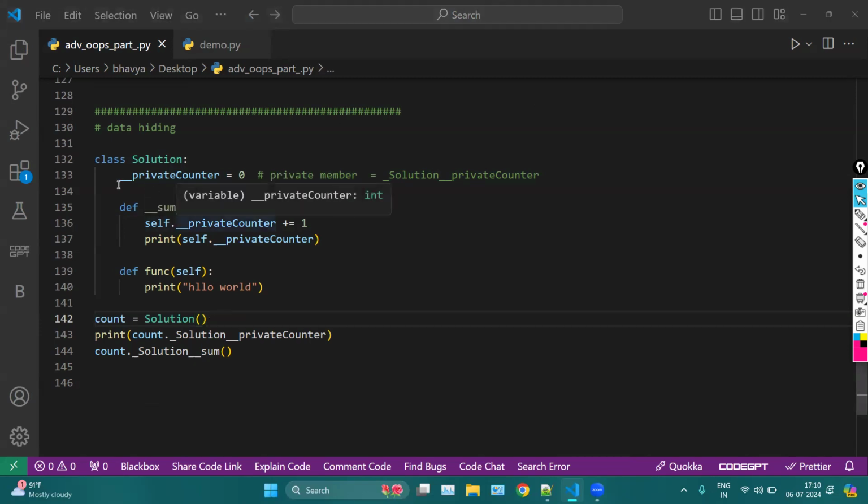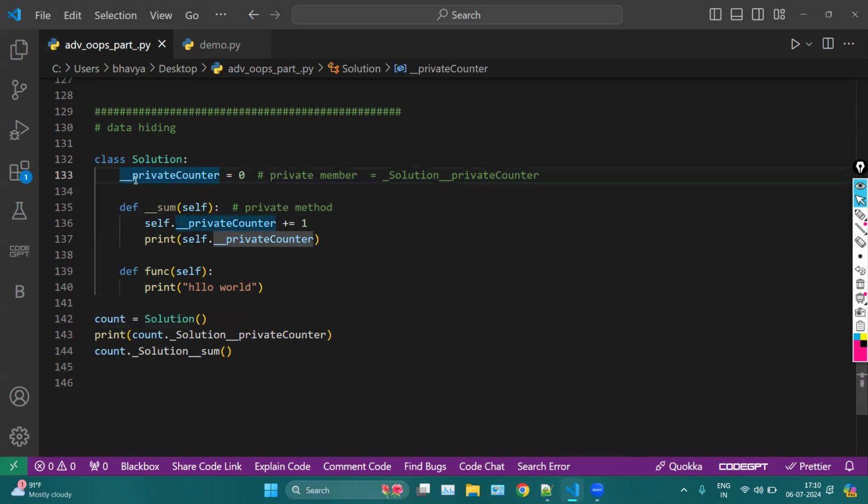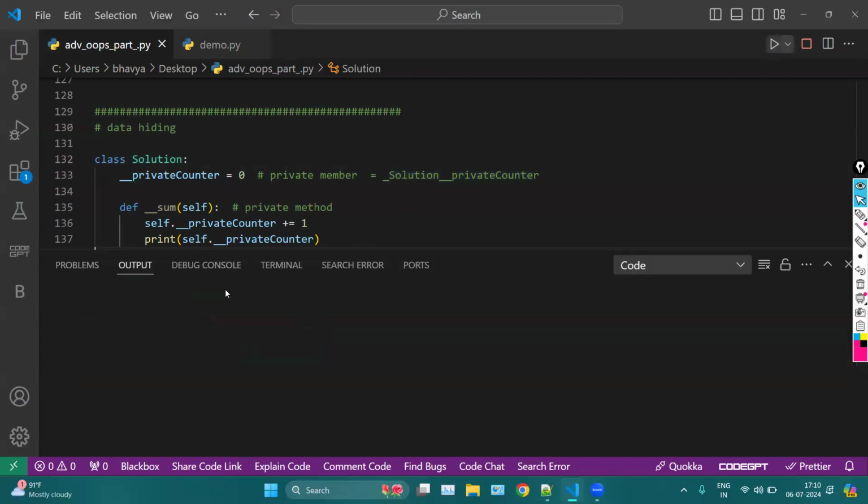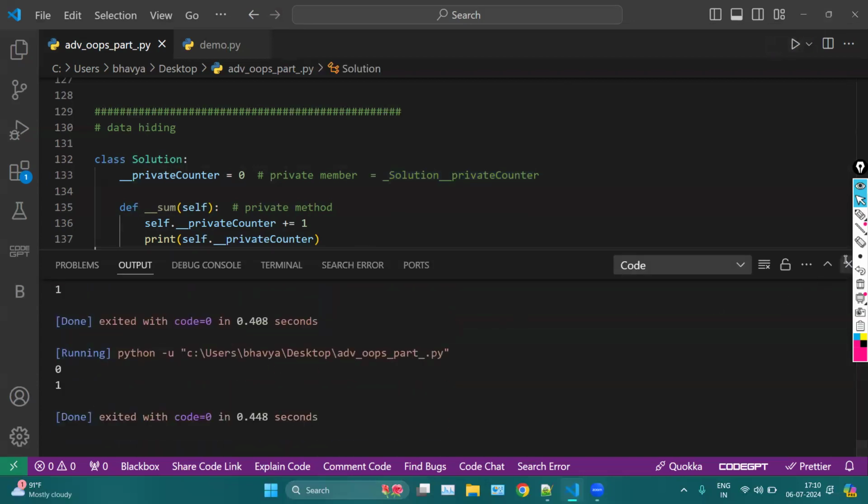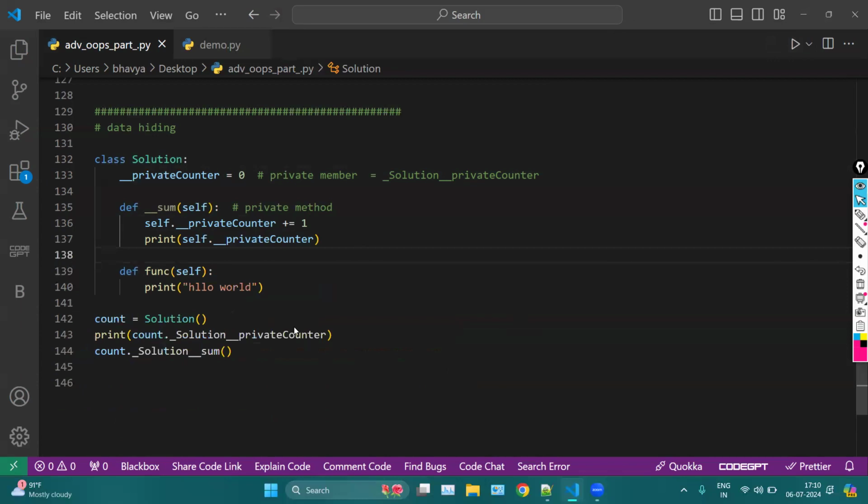And now you can see the difference. When I use underscore underscore here, the name changed to this name, underscore Solution, which is the class name, underscore underscore private counter. We are not actually hiding, we are just converting this name into this name. So whenever I ask with underscore underscore private counter, there is no such name because the name has changed to this name. So that is why I just call this name here and print the output here, 101. So everything is working. You can even modify this one. So actually, this is not truly hiding. I just wanted to